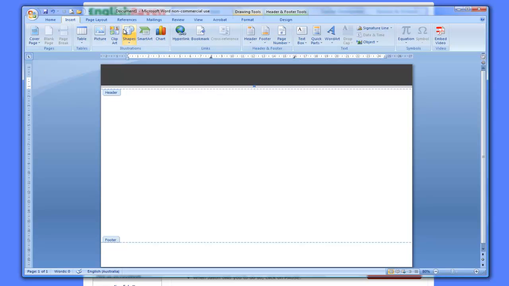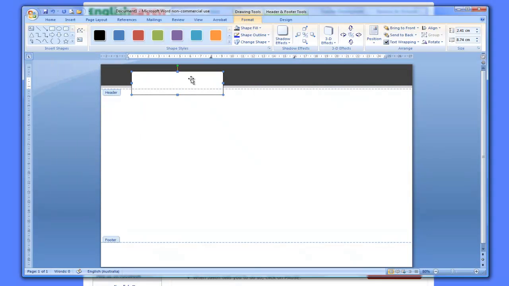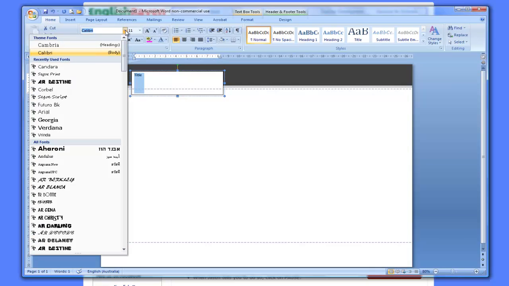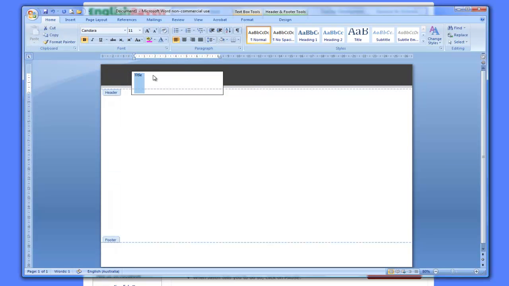I'm going to insert my floating text box, just by inserting my square. Adding text. Now I'm not really sure what I'm going to call this because I'm actually setting up a template, so I'm just going to write title here. Okay, I'm going to make that bold. I'll use Candara for this one, and I'll go to about size 24, maybe a little bit bigger, 26. Okay, and I will choose a purple font for that,